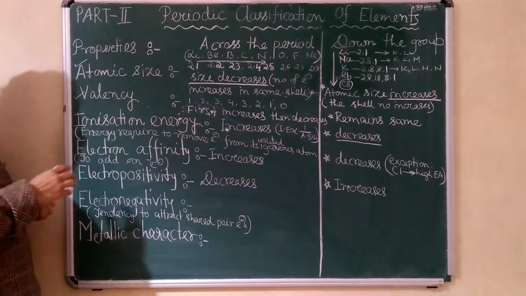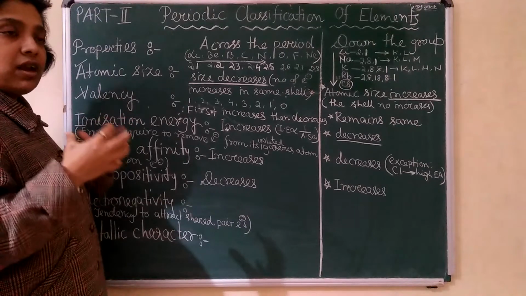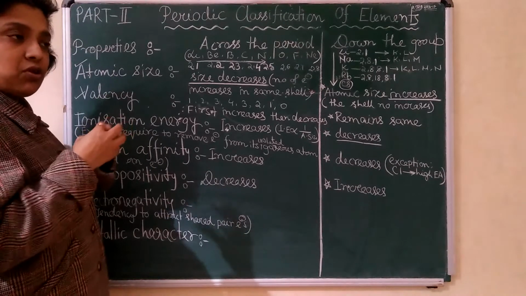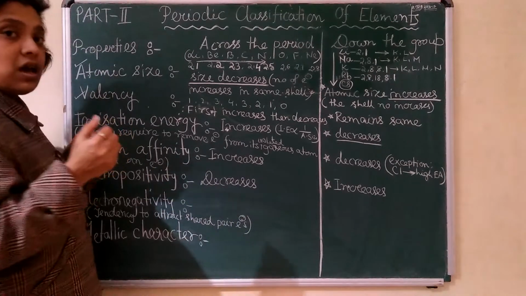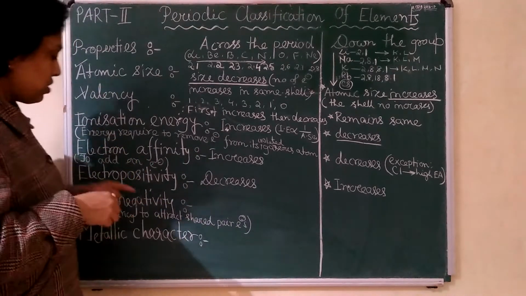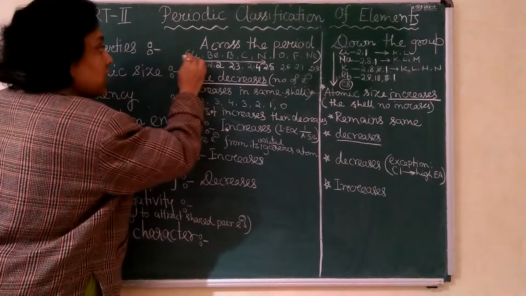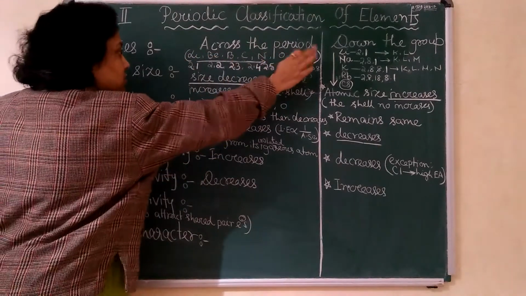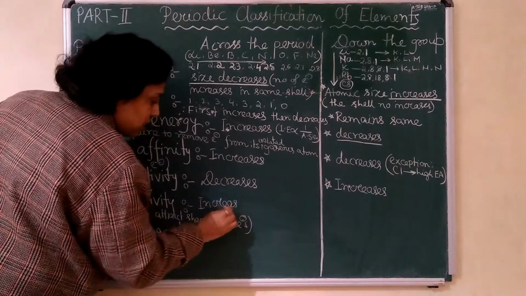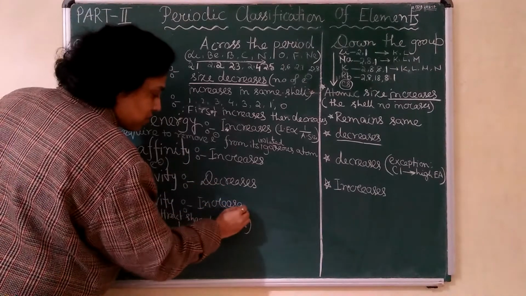During bonding, what will happen? In covalent bonding, you have seen that it is a bond of mutual sharing. So during sharing, what is the force of attraction between the electrons? That will give you the electronegativity character. Okay, so what will it be? This side all are electropositive, so electropositivity increases on this side. Or you can remember it this way: electropositivity decreases, so electronegativity increases. It is just opposite.